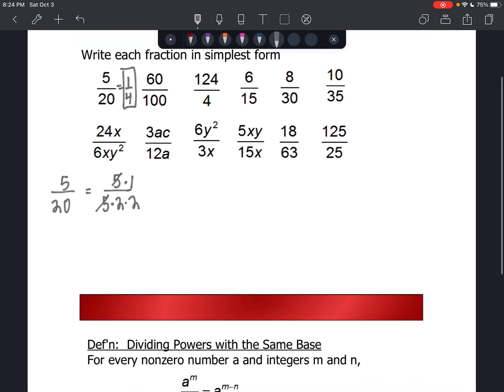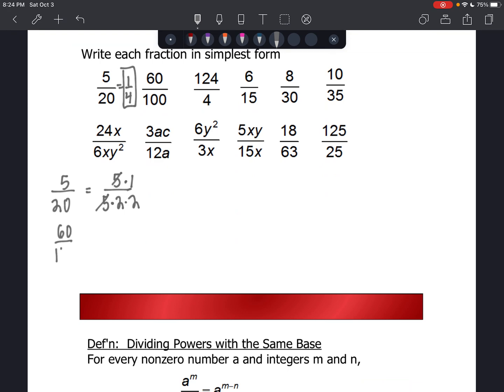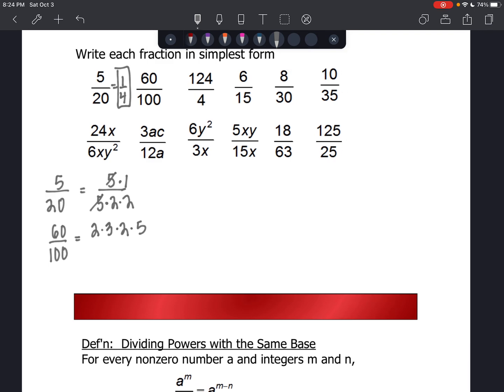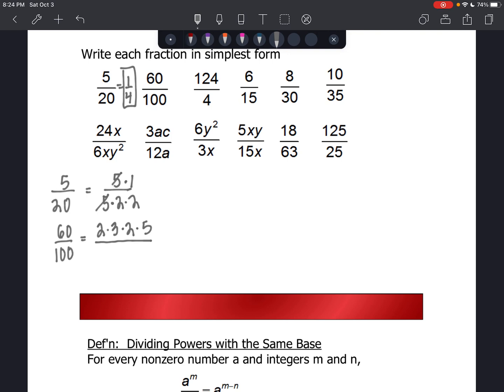So let's practice. 60 over 100. That's the same thing as 2 times 3 times 2 times 5. 6 times 10. That's how I did that. 6 times 10, and then I prime factored 6, and I prime factored 10. Now I have 10 times 10. 2 times 5 times 2 times 5. That's 10 times 10. The 5's cancel, the 2's cancel, the 2's cancel,